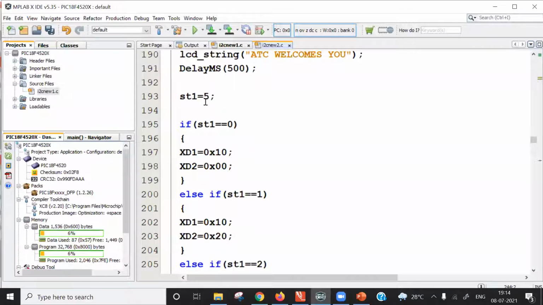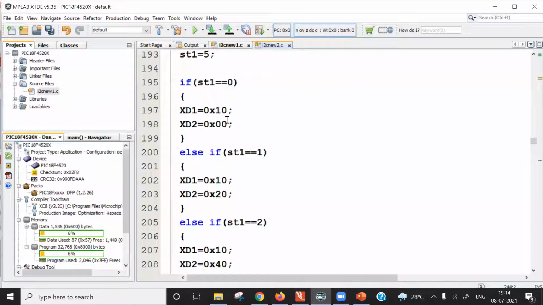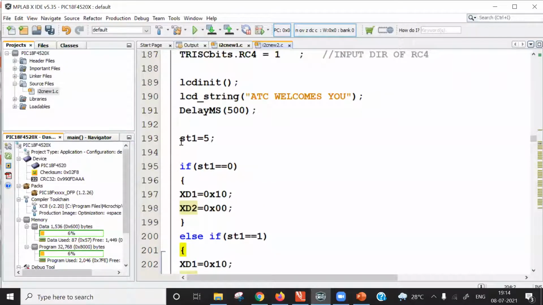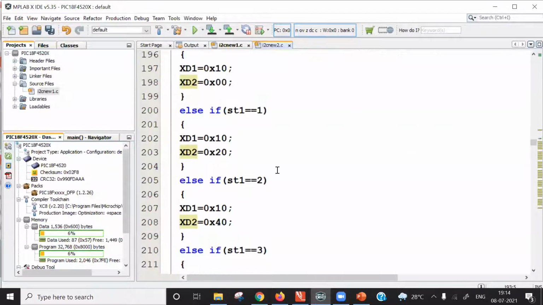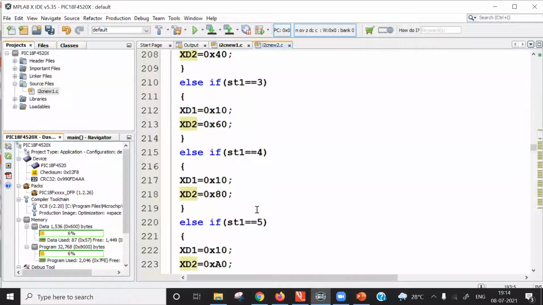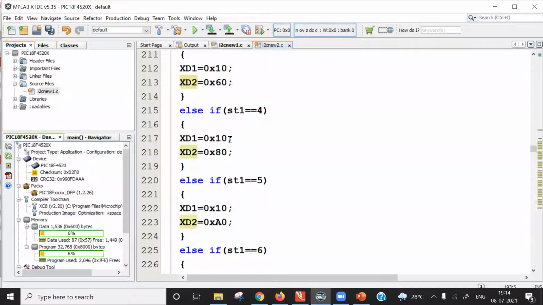So in this code, I have used different numbers here, and those different numbers for offset removal are assigned to this XD1, XD2, XD1, XD2, something like this. And one variable I have created, like ST1 equal to 5. So when ST1 is 5, this value will be used for configuration of measurement one register.